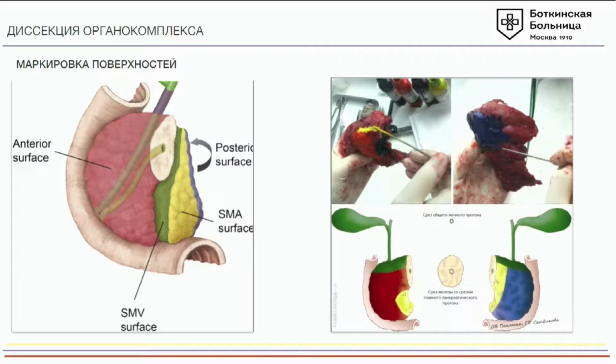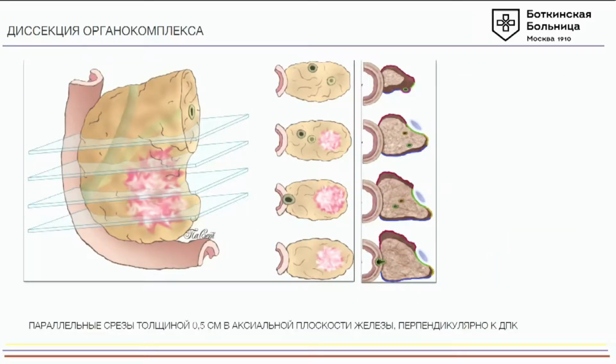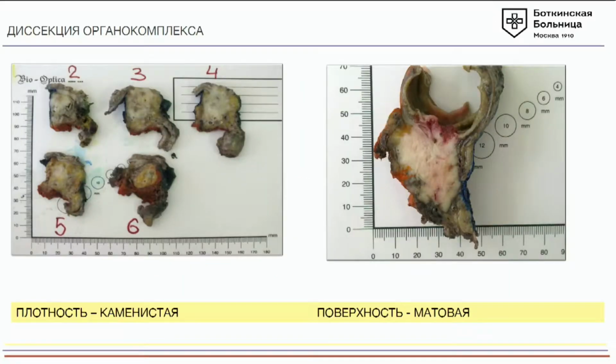to follow the dissection protocol, and we have reported many times on that. But I would like to remind you that the resection borderline is the posterior level, labeled with a specific ink, and then the posterior surface, SMA surface, SMV. So these are parallel slices depending on the localization in the pancreatic head. This is how the dissection is performed perpendicularly, and then there is labeling. And this is how the complex is fixed, and then